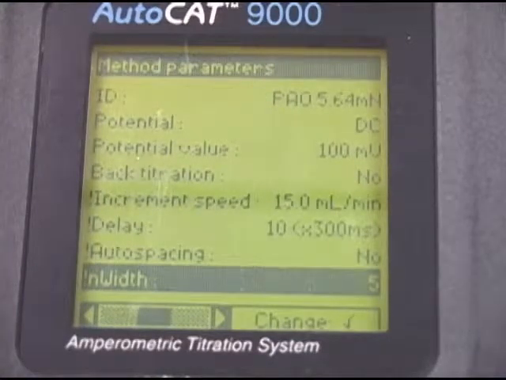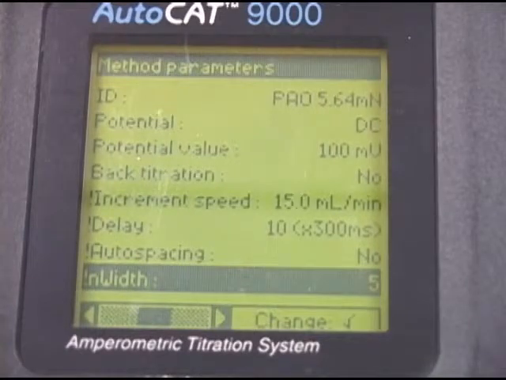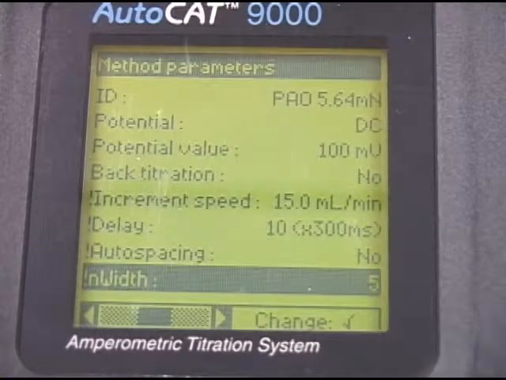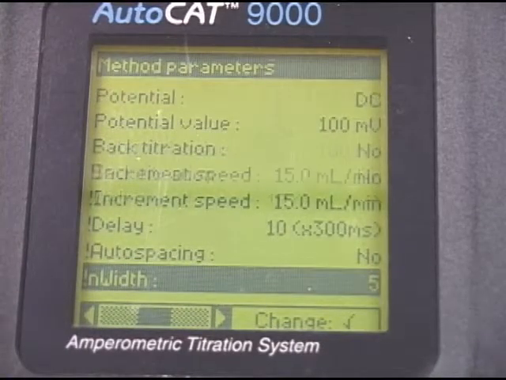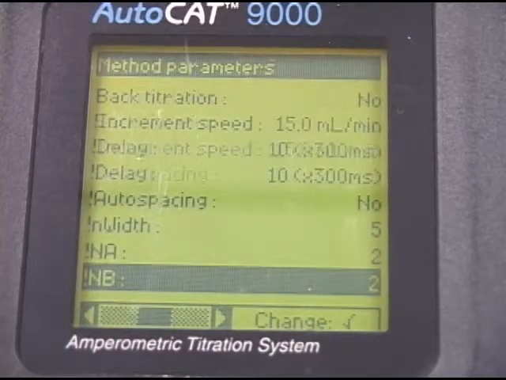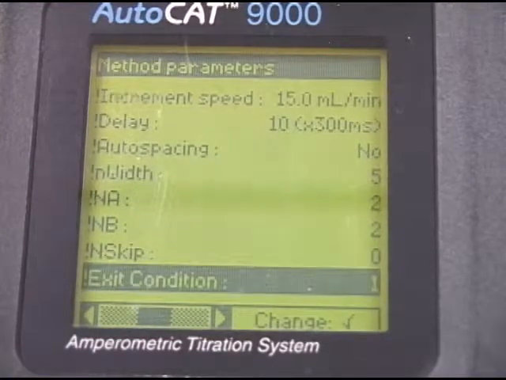In titration 1, we want to change this N width parameter. We see that it is already set to 5. That's the value that we want to set it to. We want to set all the N width values in all the titrations to 5. We can see that already for this titration 1 it is already set to 5, so we don't need to change it. The other parameter that we want to change